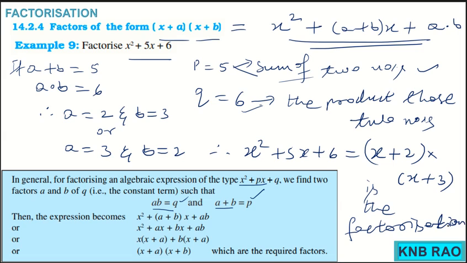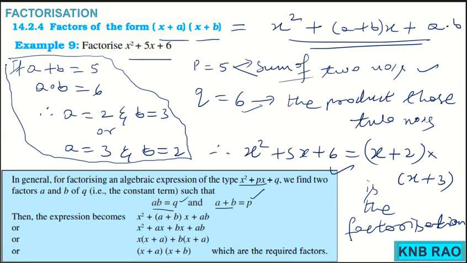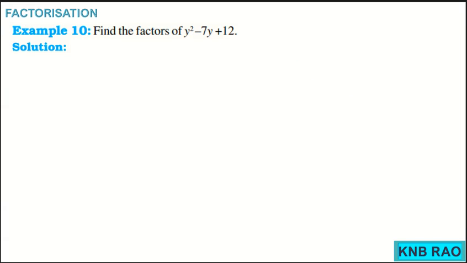So children, this is very important, this logic of working out. If a plus b equals 5 and a into b equals 6, identifying what is a and what is b. Okay. So that is how we make use of this identity. Now let us solve this question. Find the factors of y square minus 7y plus 12. See, when you want to factorize this, you need to observe